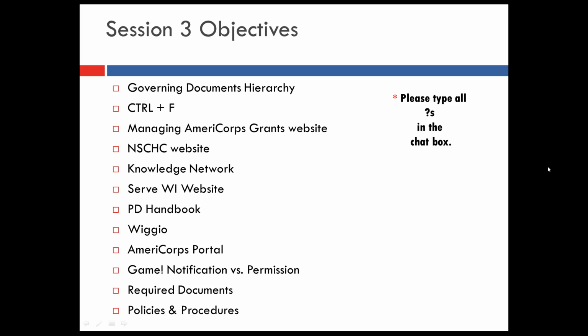I know that there are lots of different resources out there, and a number of different things can come up, and I'm hopefully trying to make it clear when to ask for permission and when notification is required or asked for. Finally, we'll look over some required documents, particularly required documents that you have to have in your member files. This is really timely as we come upon monitoring. So just what are the required documents that you have to have in your member files?